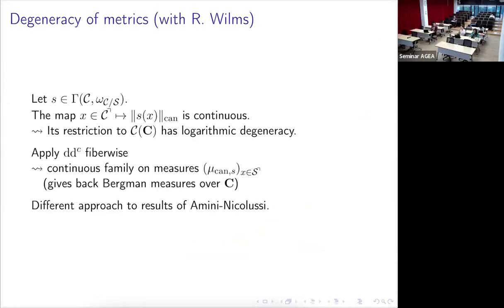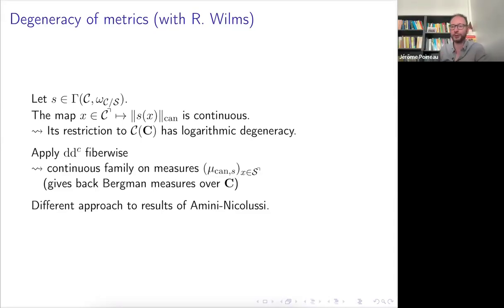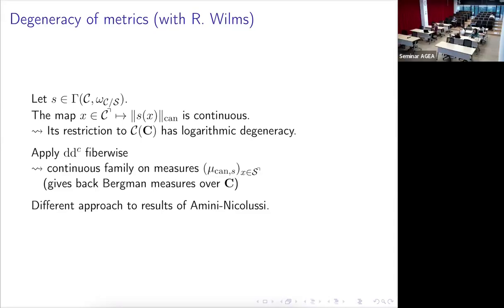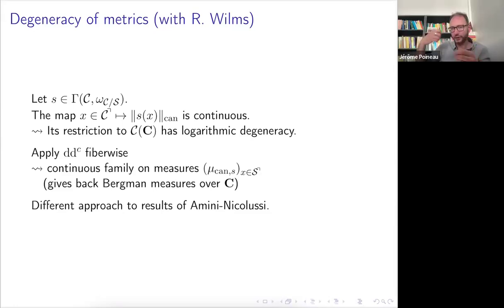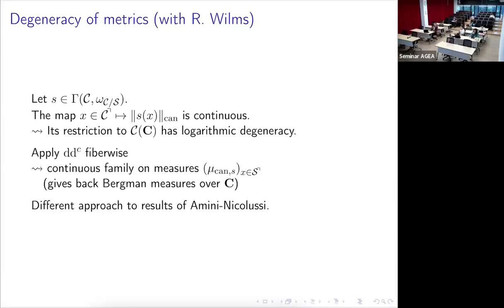Okay, thank you. I've worked with Omid before on a project, but I should look more into his work with Nicolosi too. Yeah, Amini and Nicolosi have a quite intricate compactification in several steps, and I think this theory here just gives you basically the first step of the compactification, but it's already enough to extend the family of measures by continuity. Okay, all right. Thank you. I appreciate it.